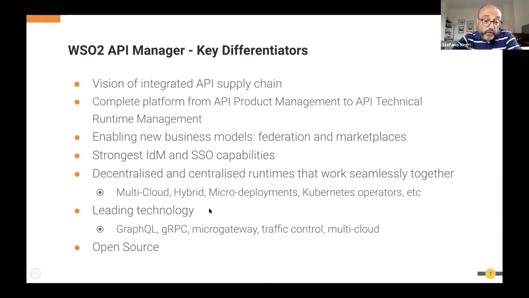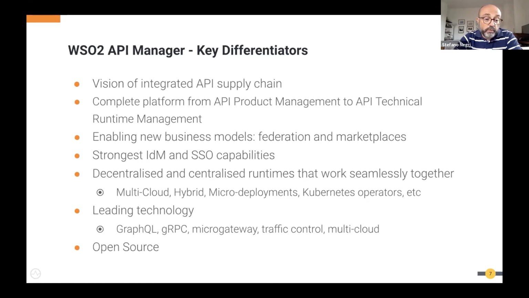And in terms of technology, we also are providing the support for the latest trends. So we mentioned already GraphQL or protocols like gRPC and many others that we will talk about quickly later.